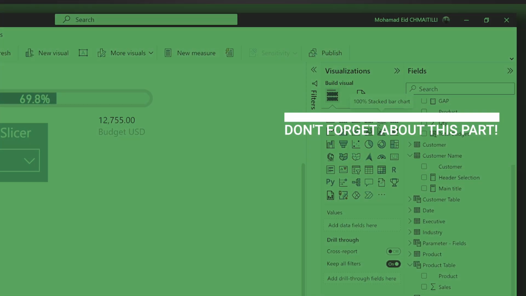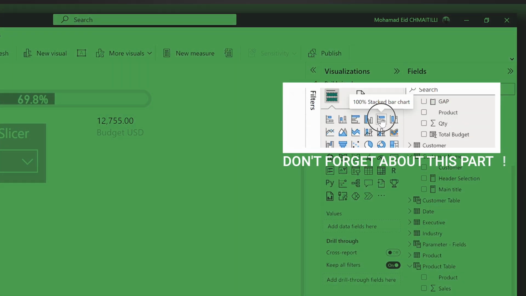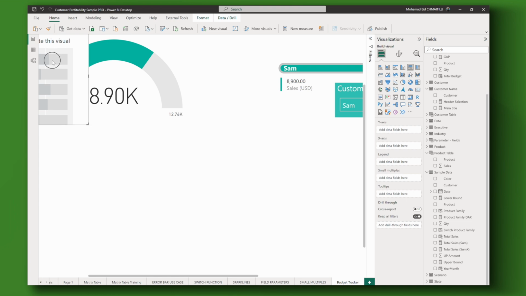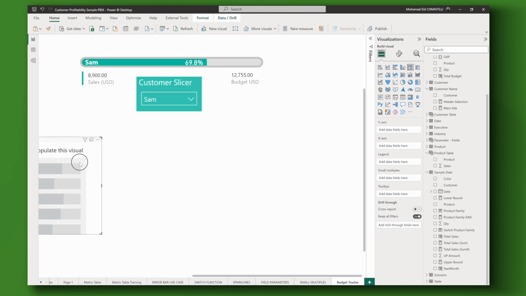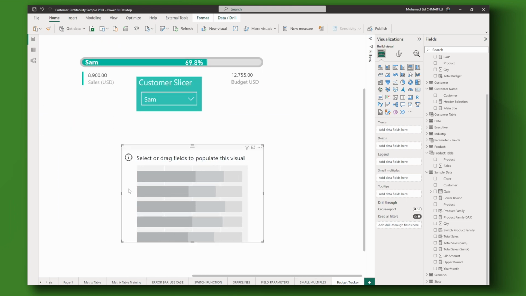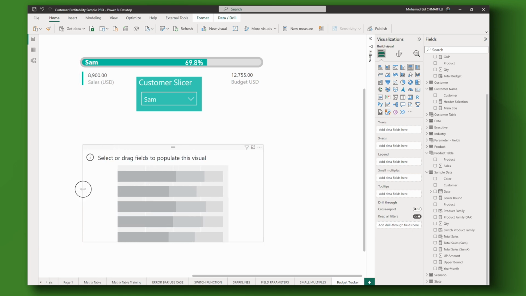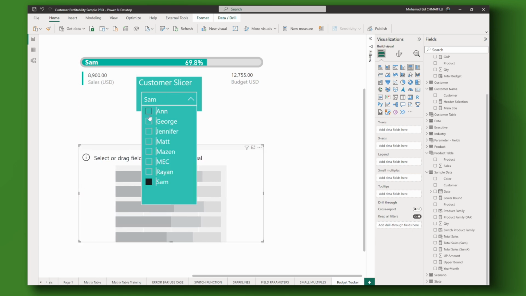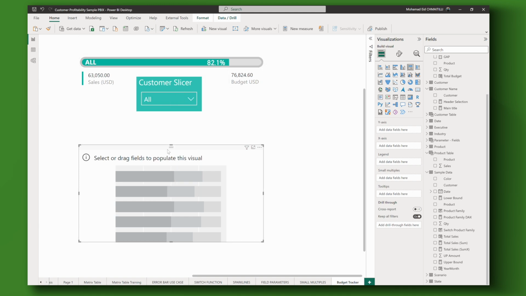First, you have to bring the 100% stacked bar chart. So if I bring this 100% stacked bar chart to here, and I'll make it the same size just for the sake of this exercise so that we can all relate to this very same exercise. I'm gonna remove the slicer so that you can see all, and you can track at the same time the thing that we are doing. What's in this chart? Definitely there are two things: the sales that you are doing, and at the same time, the gap between the budget and the sales. So here's what we are going to do.